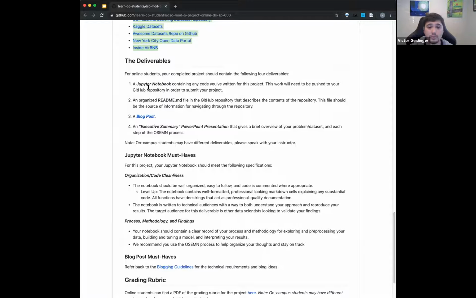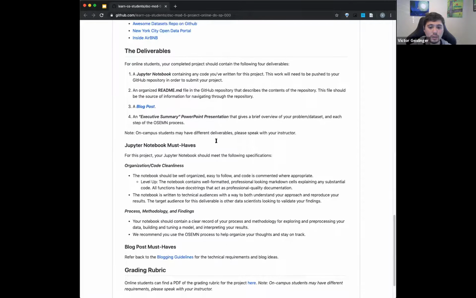And then your deliverables: Jupyter Notebook, your README, your blog post, and then your PowerPoint. One thing about the PowerPoint, it'll likely be slightly more technical, talking about what you're modeling. However, you should still gear it towards a non-technical person. It should be understandable for someone who might not be as familiar with data science, like we've done in the past. Okay, cool. Any questions about any of these deliverable parts? I think this is pretty standard now. You guys got a pretty good deal.